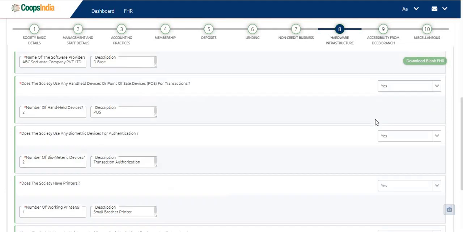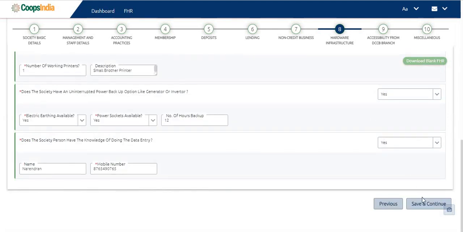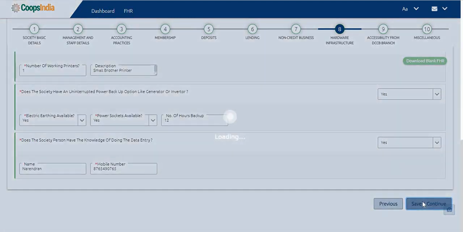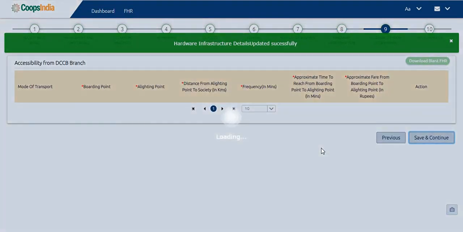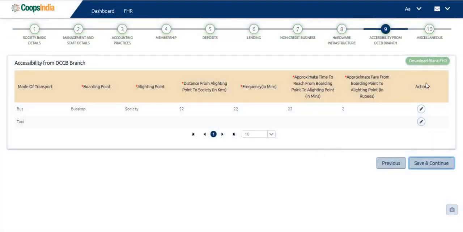After furnishing all the information, click on the Save and Continue button at the bottom right and move to the next screen, that is, accessibility from the DCCB branch. The accessibility from the DCCB branch screen is split into columns based on factors like mode of transport, boarding point, alighting point, distance from alighting point to the society in kilometers,